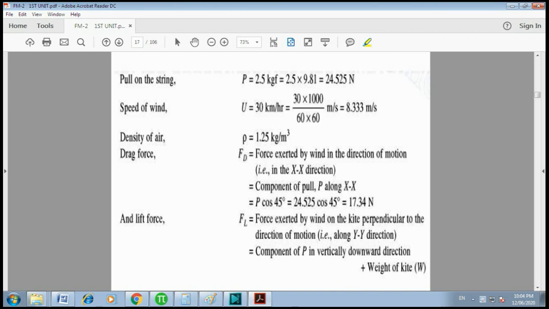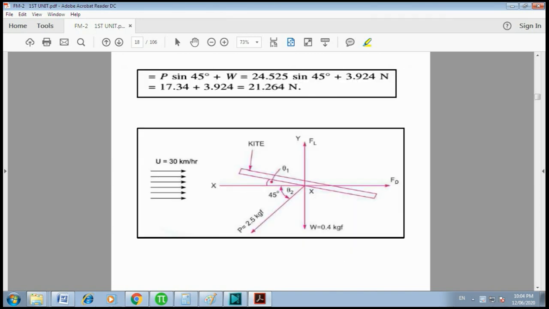First of all, we'll see the diagram. See this angle, theta 1, is the angle made by this kite with the horizontal, it is 12 degrees. It has been given in the example, but there is no use of this angle, you will come to know while solving this problem. Only this other angle is utilized here.